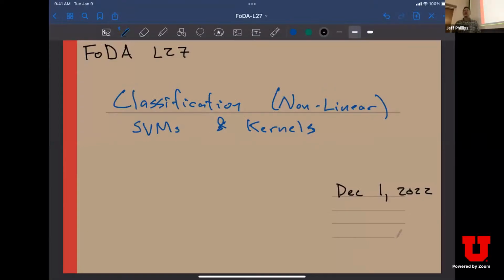Okay, so let's get started. So today we are going to talk about nonlinear classifiers, and we're going to focus on